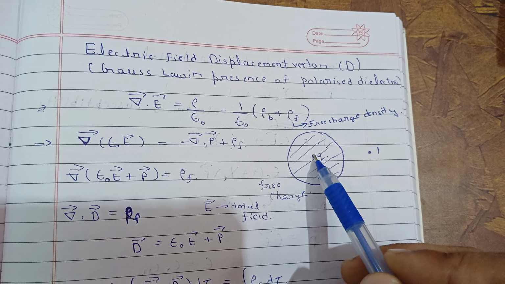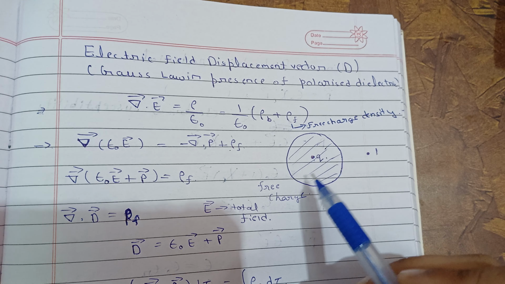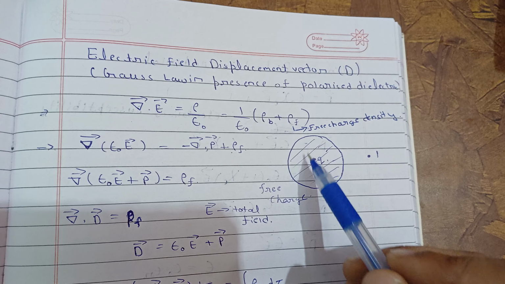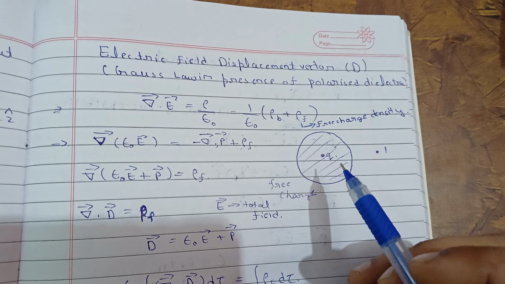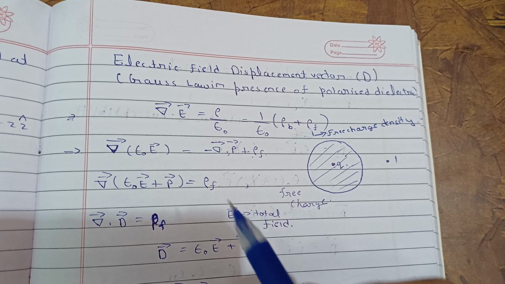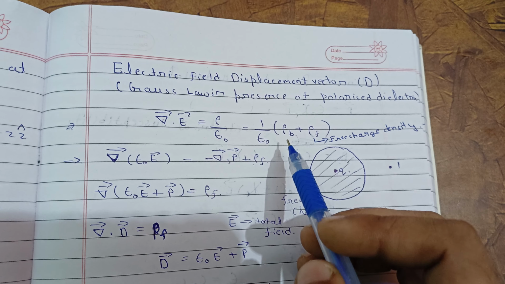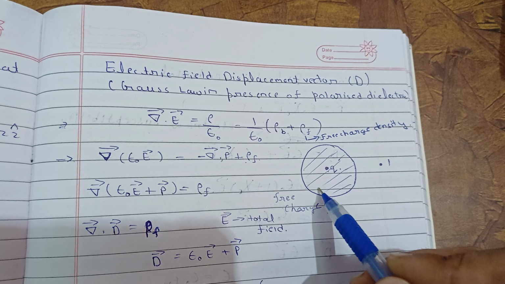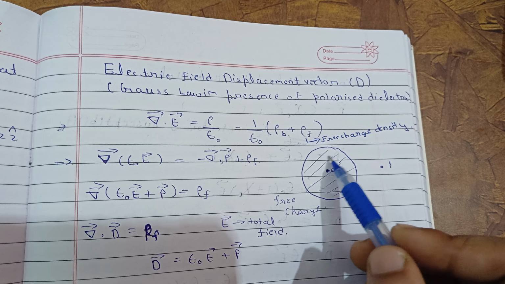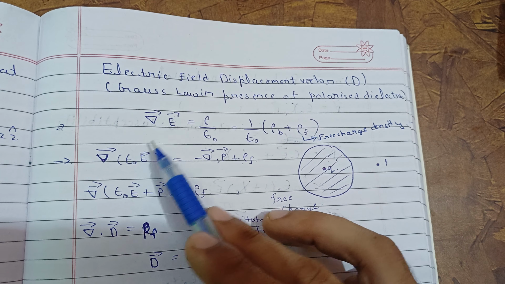If a charge is placed inside the dielectric medium, the electric field due to this charge will polarize the dielectric and create some bound charges. So the net electric field will vary. Up till here we calculated the electric field due to the bound charges, but now we have to calculate the total electric field. According to Gauss law, del dot E equal to rho by epsilon. Now this charge density is nothing but bound charge density plus free charge density. If you take some sphere inside this, then the total charge density will be bound charge plus free charge. This will give you your total Gauss law.